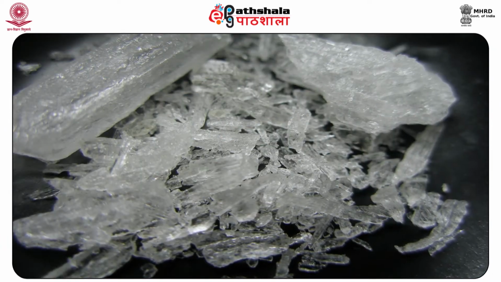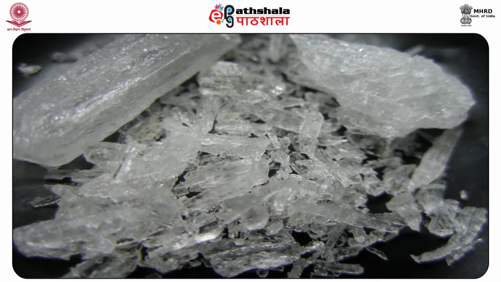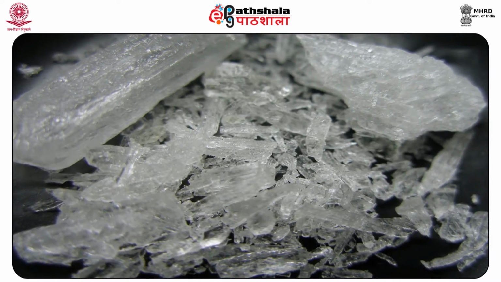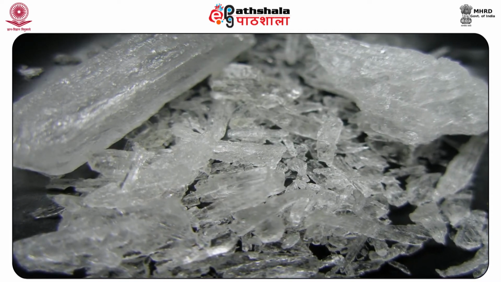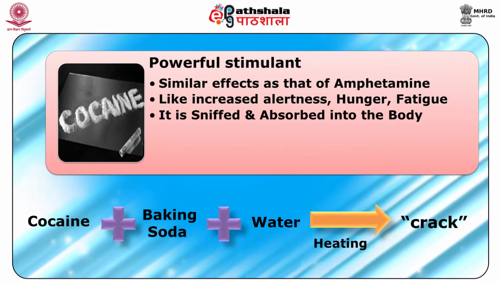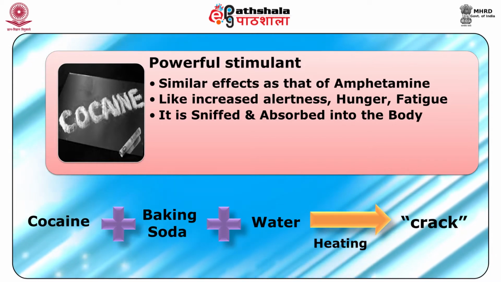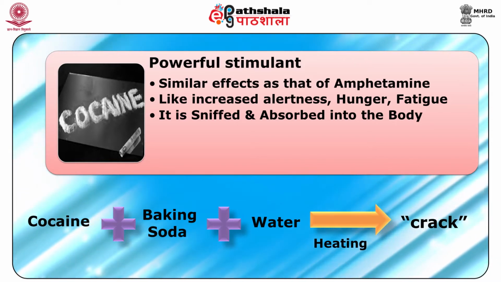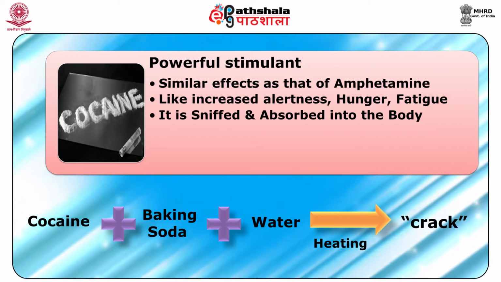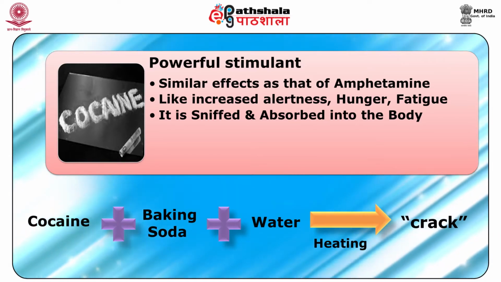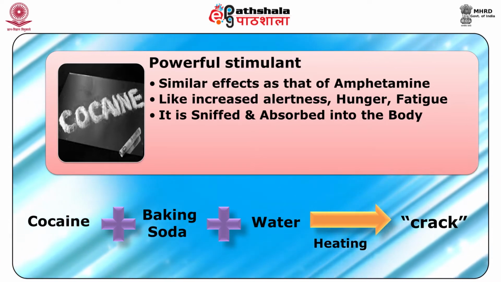Talking about methamphetamine, it is a derivative of amphetamine, and you can say it is another form of amphetamine. This is also called speed because of its rapid stimulation of the central nervous system. Cocaine is also a powerful stimulant that produces similar effects to amphetamines, namely increased alertness accompanied by suppression of hunger and fatigue. It is generally sniffed and is absorbed into the body by the mucous tissue of the